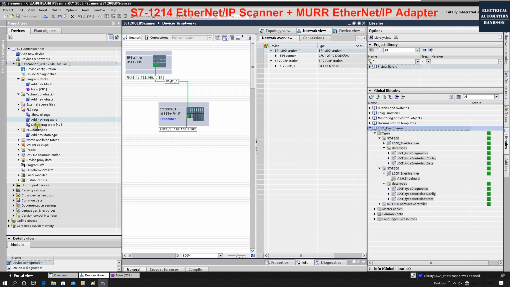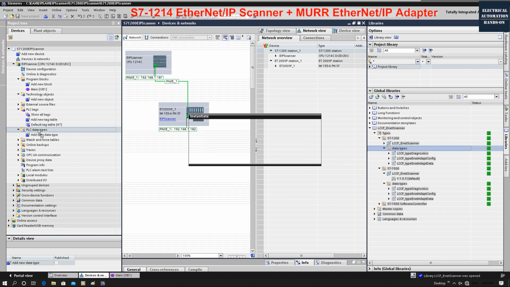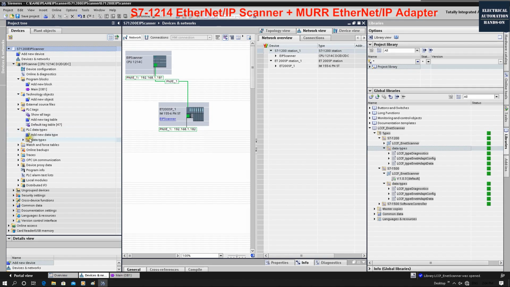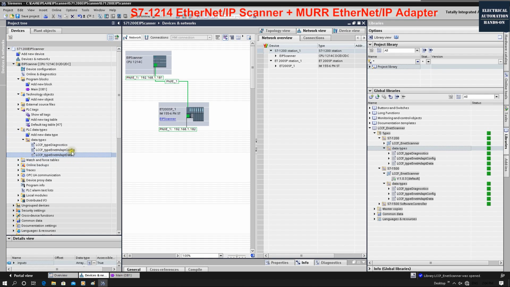Firstly, let's drag something for the PLC data types. So let's drag these data types to here. In this case, we need 3 data types. Basically, these 2 are very important. And then let's drag this function block. This function block is the most important thing. Let's drag this function block